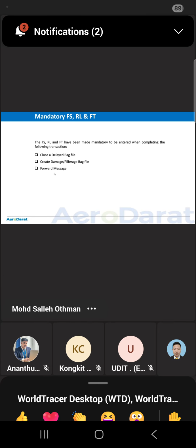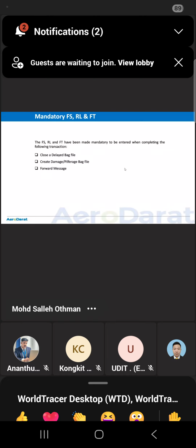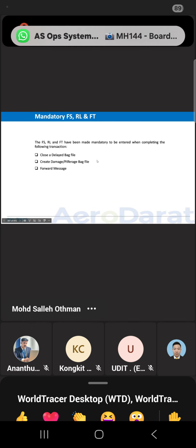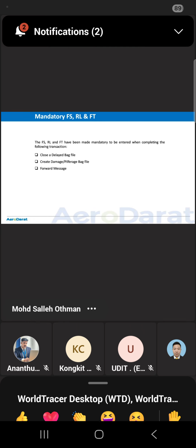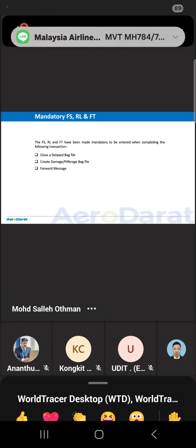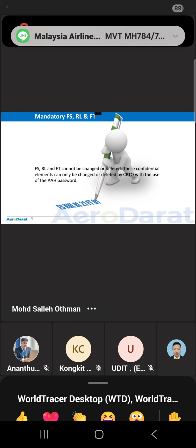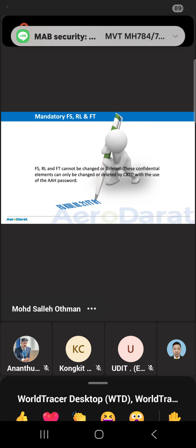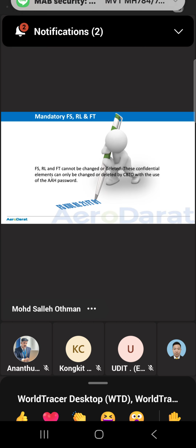Next, when we do the forwarding message, it is mandatory to put FSRL in the forwarding advice. FS, RL, and FT cannot be changed or deleted. This confidential element can only be changed or deleted by CBGO with the use of the AAH password.